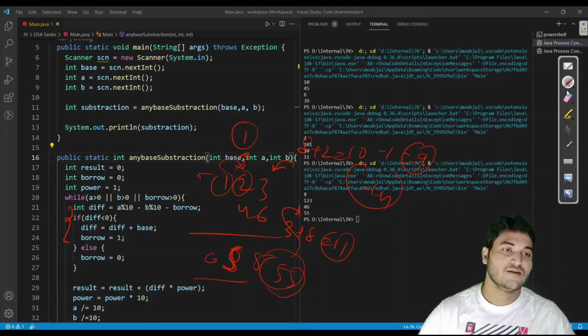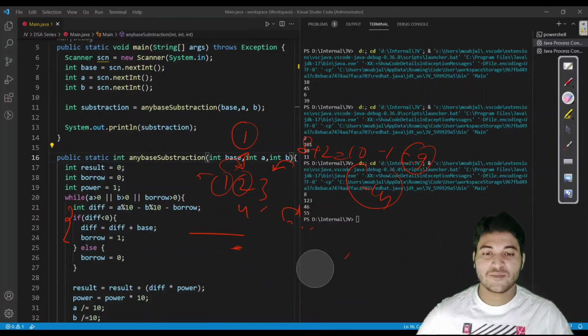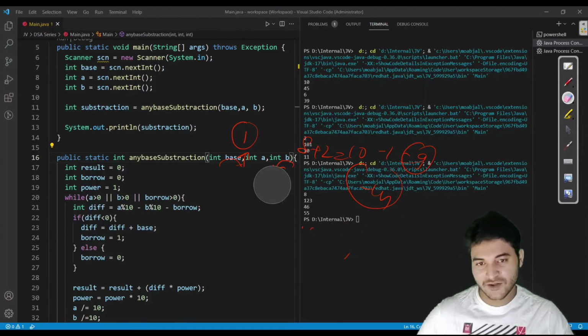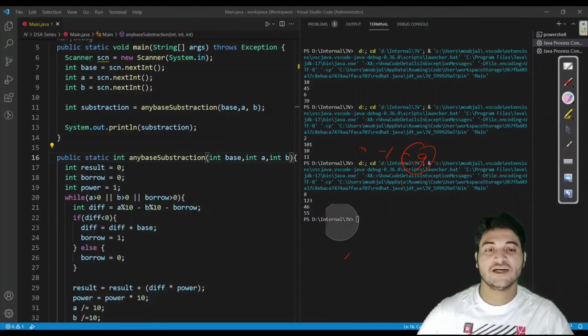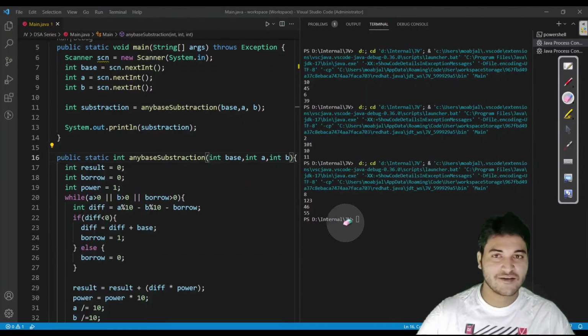You can see, of course the program was correct, but I just wanted to be sure that our code is fine. We have written the perfect code for subtracting two numbers of any base.